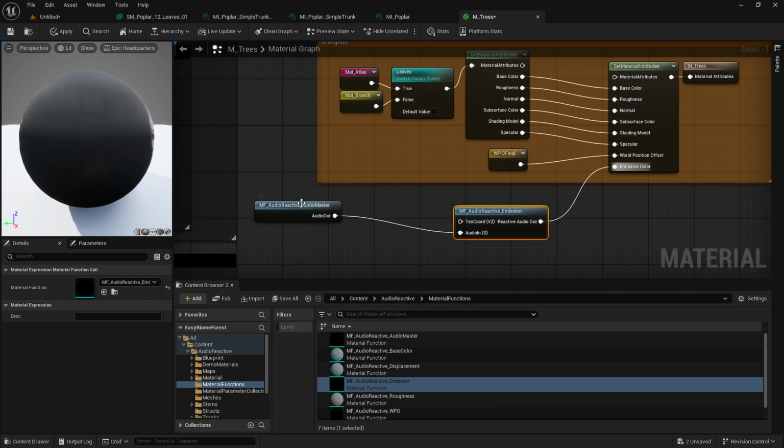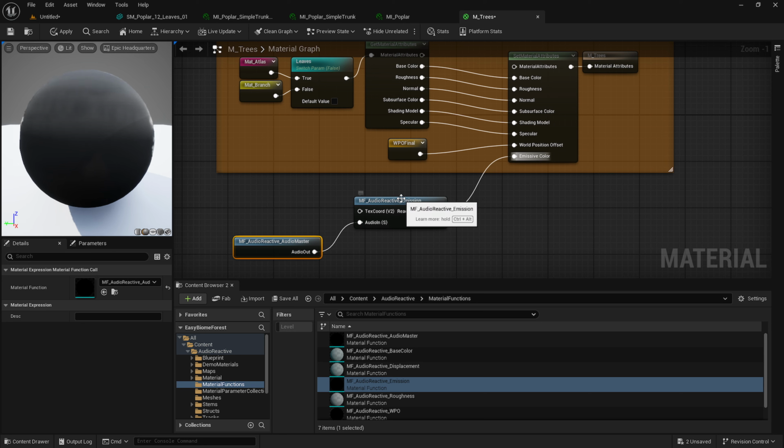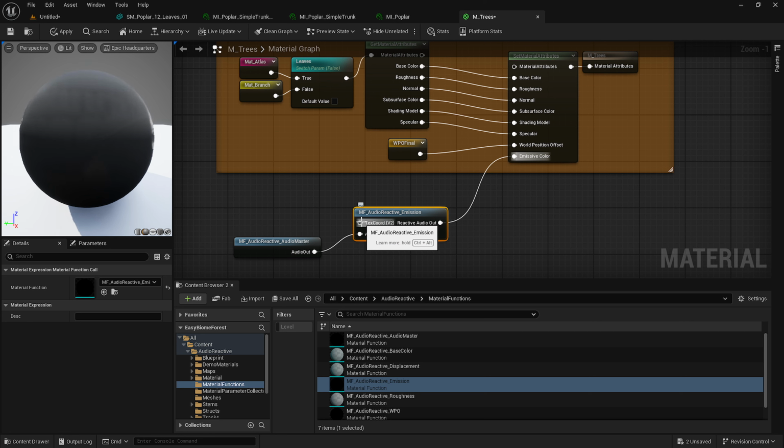And that is it. And since for this case, we're not going to be using any sort of texture to multiply into the emission, we're just going to use a flat color. We're not going to worry about this yet. I will show that in the next video. Let's go ahead and hit apply. And now this is going to update every instance in the scene.